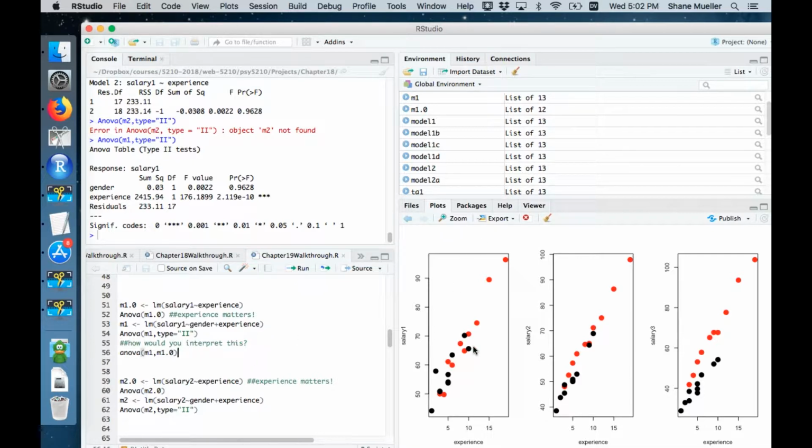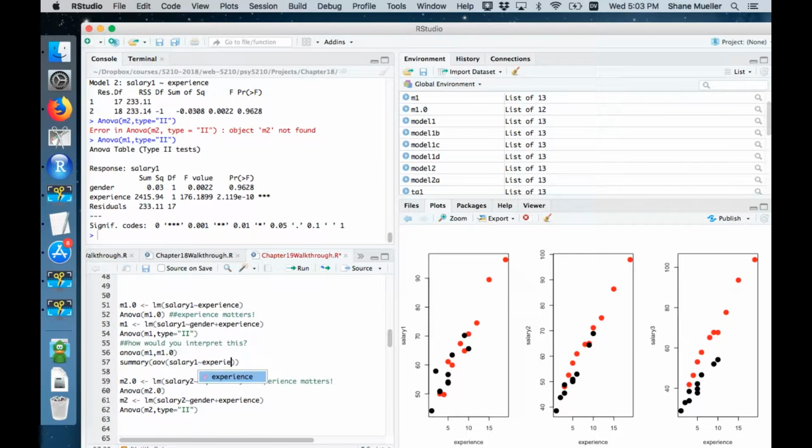Okay, so that's in this case. We see that experience has an effect, but gender doesn't have an effect once we account for experience. I guess we could have done it the other way. If we did just a regular ANOVA, if we did an AOV model, so we can shortcut it and say AOV salary 1 by,